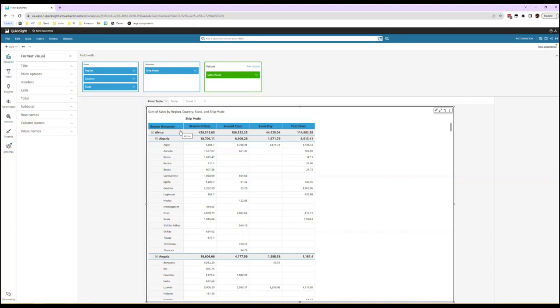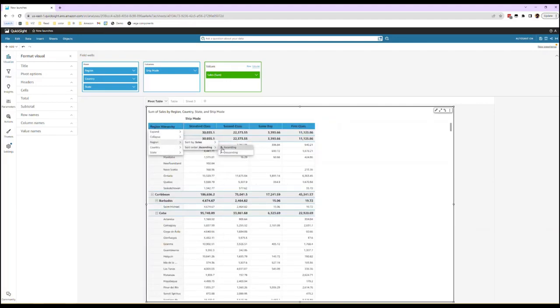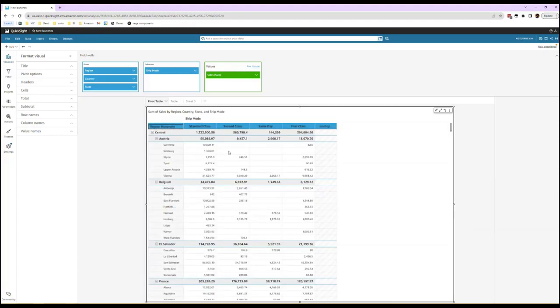But one additional feature you'll only find on the hierarchy layout is this combine menu option, where I can have one menu and it shows me all the different navigation options as well as the sorting options for all my row header values. So I can come here and say for my region field, I want to sort it by sales, and that too in descending order, right? And you can set a separate one where for country, you want to sort it by country in ascending order,